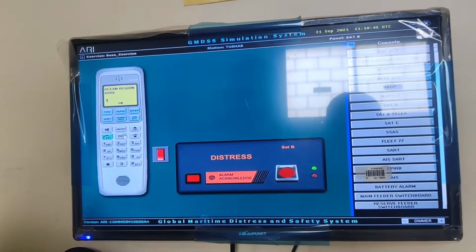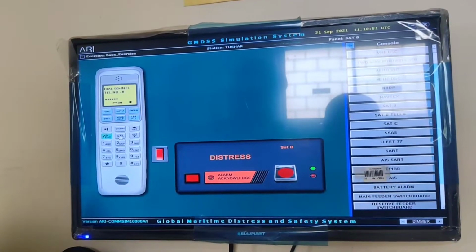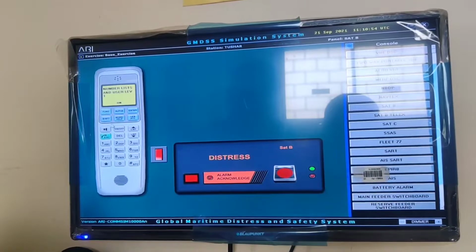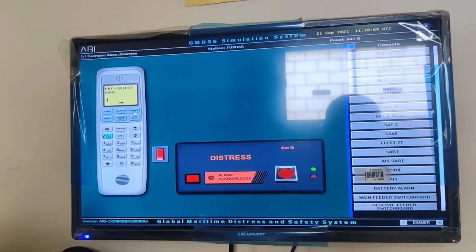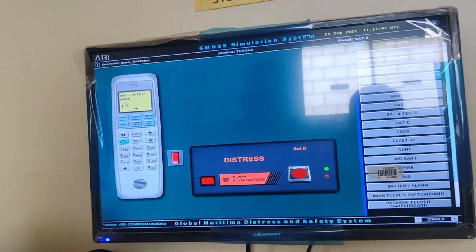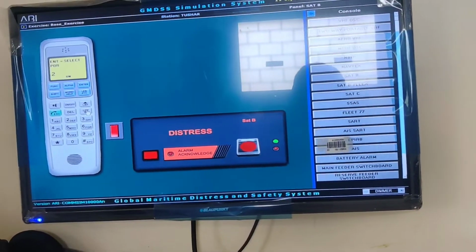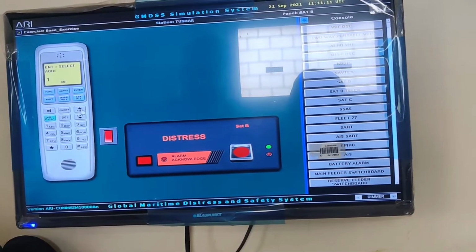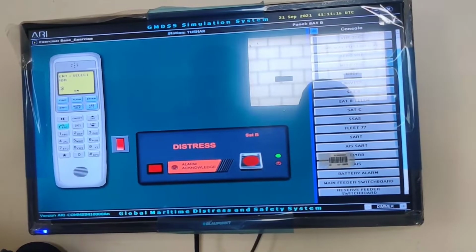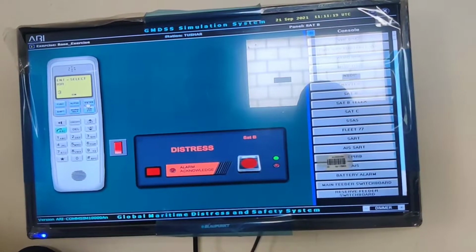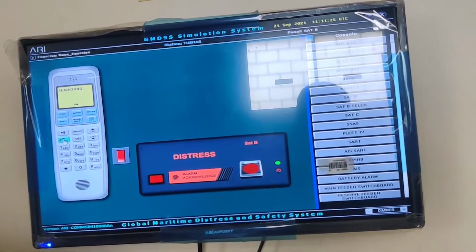then you have to exit. Then after that, when you have to change the ocean area, press function, press 20, then press enter, then again press enter. Then here it will show select ocean region. For selecting the ocean region, you have to press drop down key. So here POR, IOR, AOR-E, AOR-W. Suppose we have to select IOR. So for selecting, just go to IOR and then press enter. You will see command accepted. This is finished.